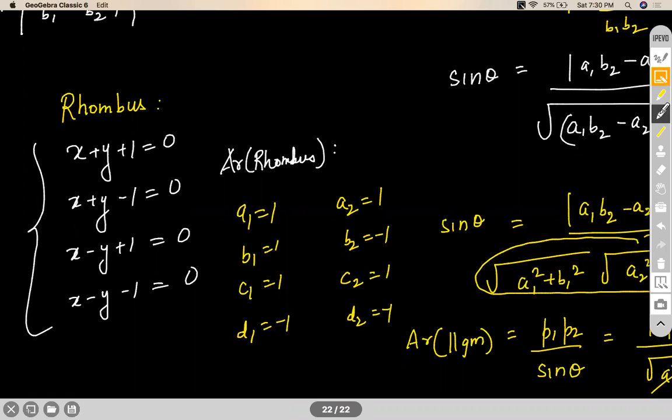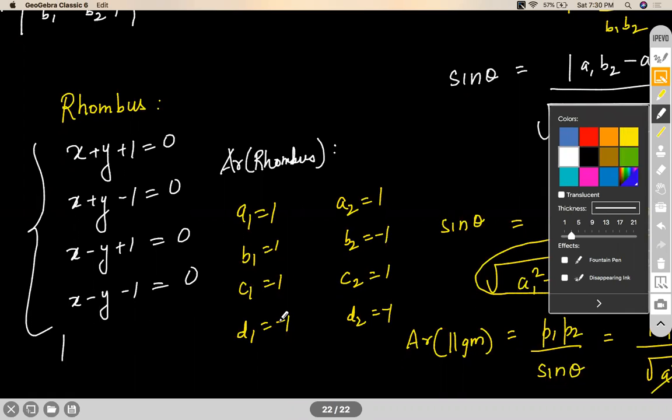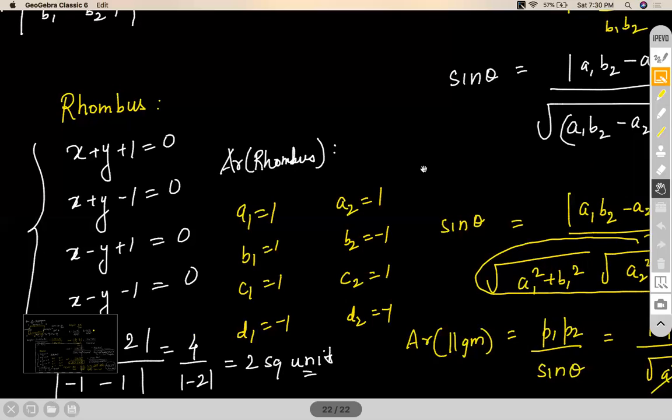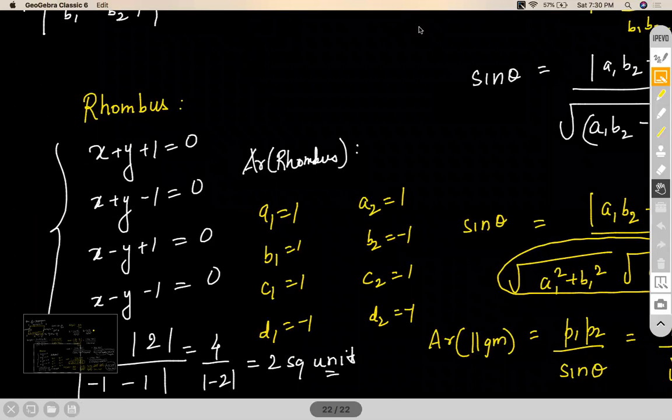Okay. Now use your formula. Mod C1 minus D1 is mod 2. Mod C2 minus D2 is again mod 2 by mod A1 B2, A1 B2 is minus 1, minus A2 B1, A2 B1 is again a 1. So you'll have 4 by mod of minus 2. Answer is 2 square units. Straight away, done. Okay. So fine. So we'll